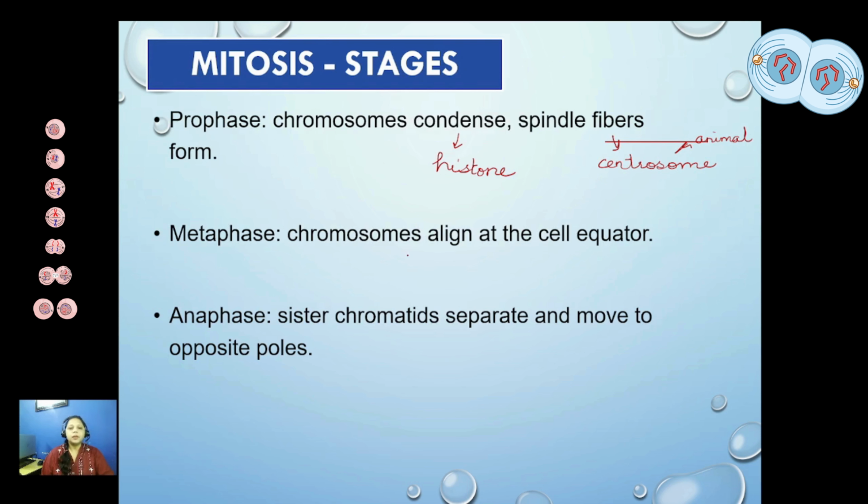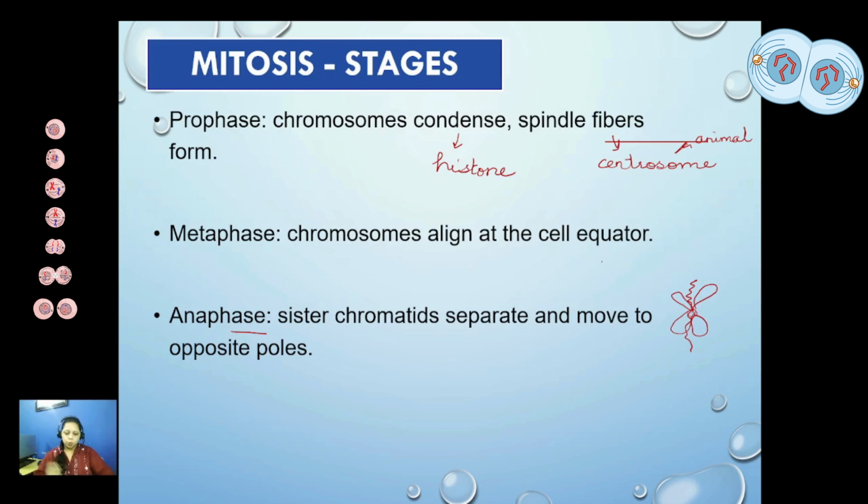In the metaphase, the chromosomes align themselves at the equator, meaning the spindle fiber is formed, and in the center of the spindle fiber they are going to align themselves. Next one is the anaphase, the sister chromatids separate, meaning if you have a look at the diagram of chromosomes, these two sister chromatids are going to get separated,